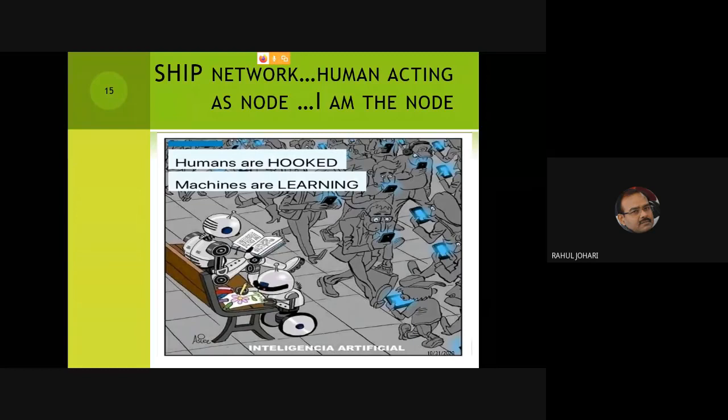So if I had been giving a talk on security, I would have just blasted these networks for how vulnerable they are in leaking out our details. But right now the talk is on routing of the message, so we'll just focus on routing. And the challenge is, yes, we do make these nodes much smarter, but we'll have to take care that it's ultimately human intelligence that should be the underlying principle for routing of the messages. So we need to make them smarter, definitely yes, but to what extent, to what limit, that we need to decide.